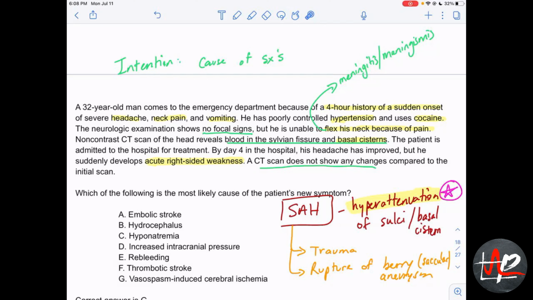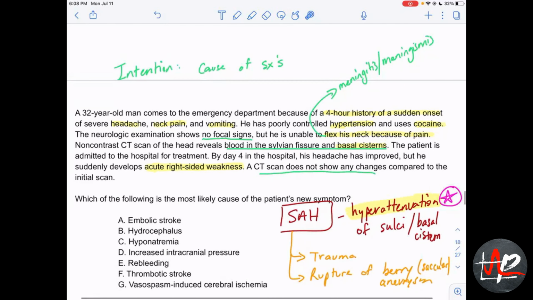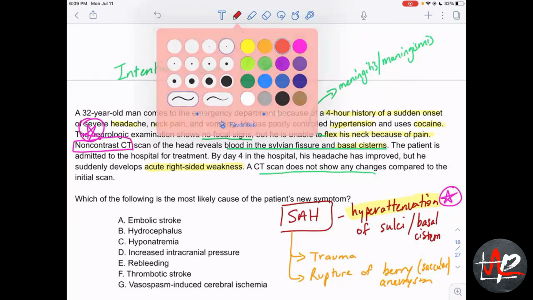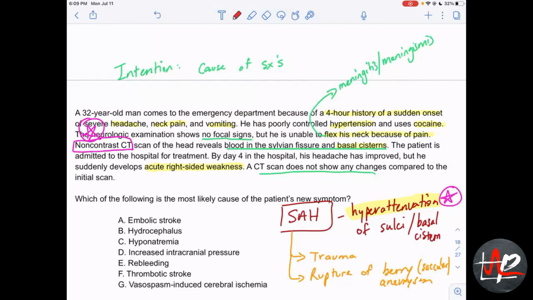And so you can actually learn a lot from this question that I want to point out. So this is actually a Step 1 question, but we're going to show you how you can learn material for Step 2 while you're actually learning a Step 1 question. So if you look into the question stem, they actually tell you how to diagnose a subarachnoid hemorrhage. And so it's a non-con CT. This is super important. This will be a question on Step 2 for you, whether you're in your UWorld or on your actual exam. You need to know that a non-contrast head CT is the first test of choice for